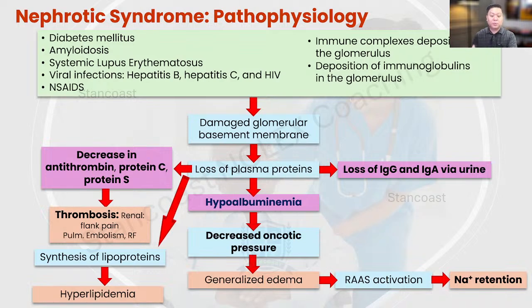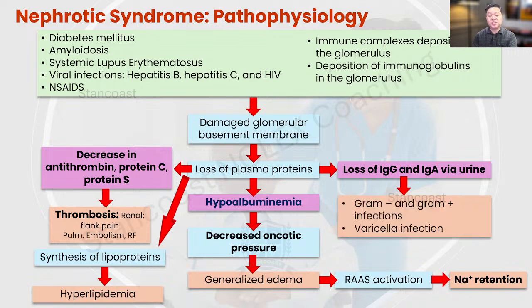They are going to be responsible to fight off infections. And of course, when there is a deficient presence of these immunoglobulins, then the body's ability to defend against pathogens will be greatly diminished. Now, what we're going to expect here is that there will be some infections that can